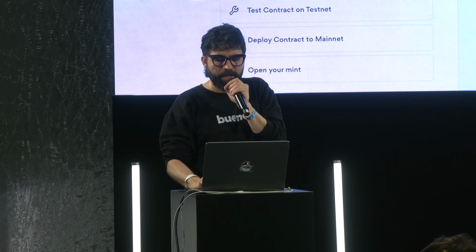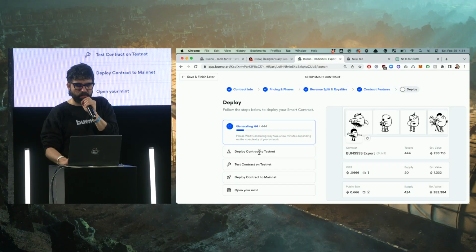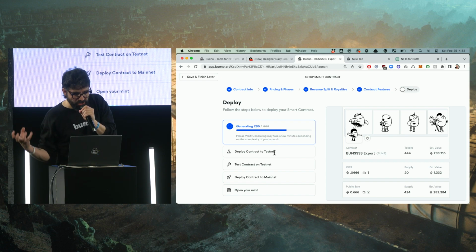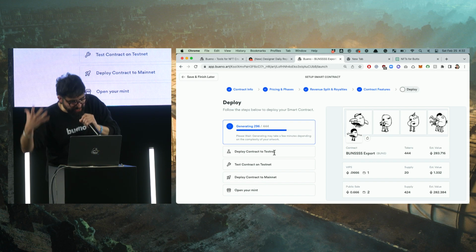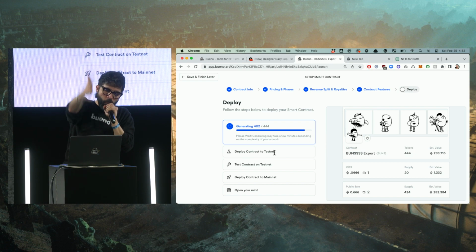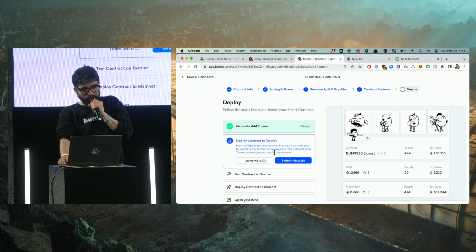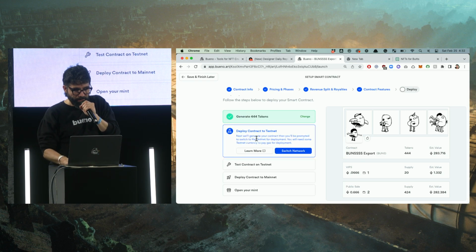Now, once it's generated, we are going to be able to deploy our contract to testnet, and then deploy it to mainnet and open for mint. All of these steps, you're doing it yourself. Just by yourself. As an artist, you have control over your smart contract. I don't know, like 2 years ago, that was not possible. But anyway, deploy